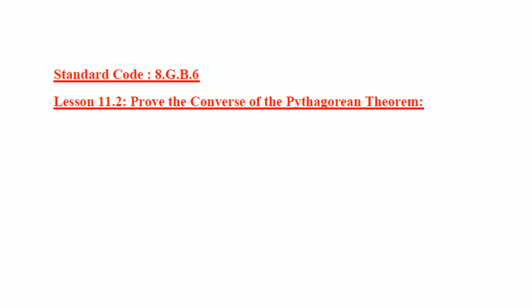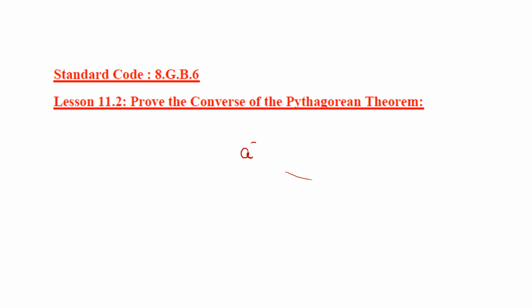We are going to study the converse of the Pythagorean theorem, and in this lesson we will learn that if the three sides are given to us, we have to find out whether they can make a right triangle or not a right triangle. So in order to prove that the given sides form or do not form a right triangle,